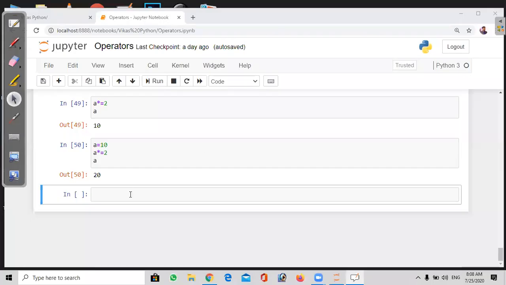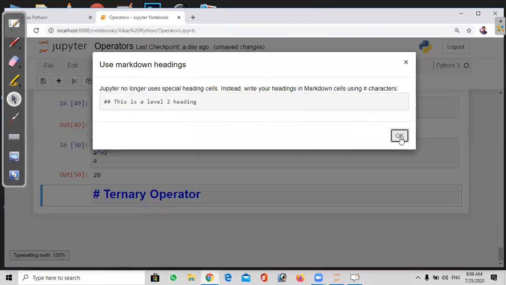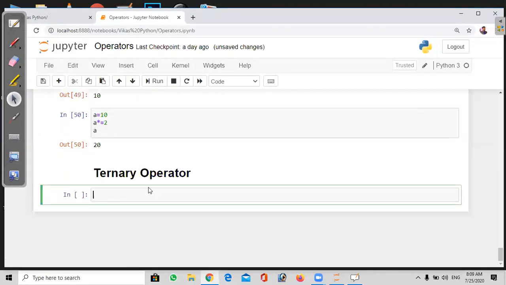Now we'll write the example program. Ternary operator. Here we're going to write the syntax.